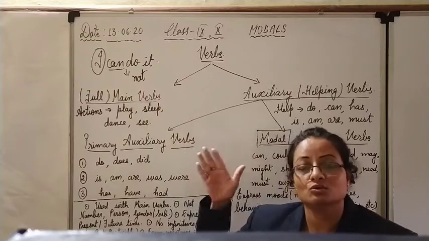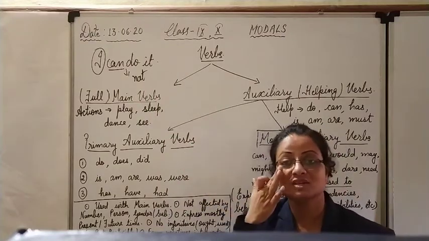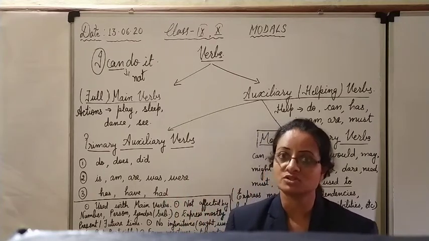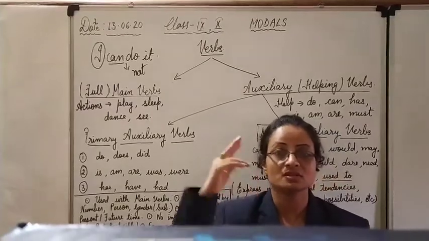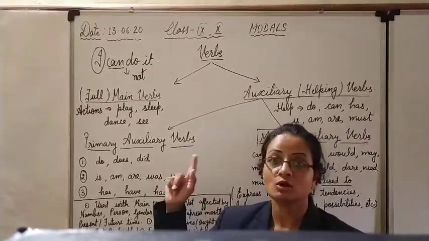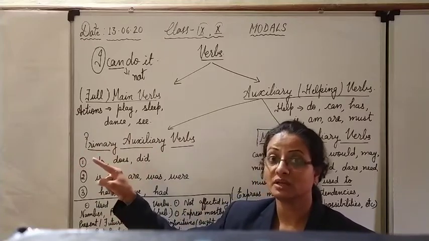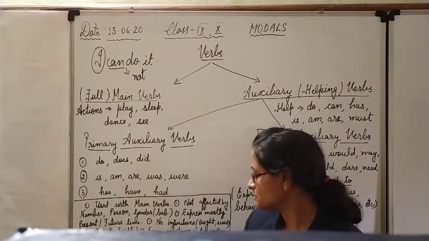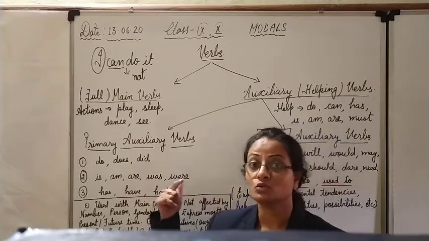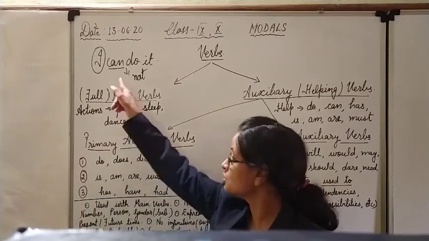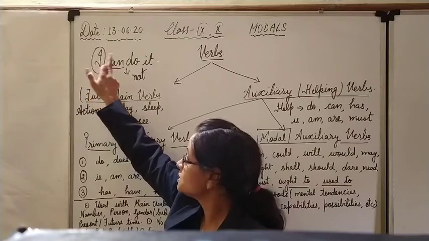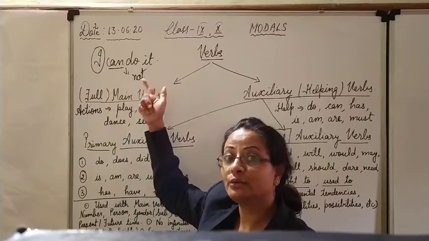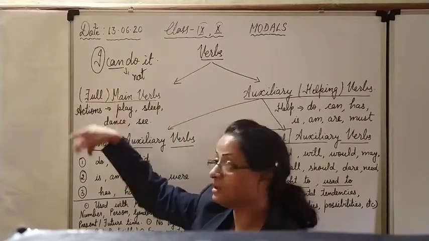And these modals are also used to form interrogatives. You know that there are two types of interrogatives: yes or no questions and WH type questions. In yes or no questions, these modals occupy the primary position and come in the beginning, before the subject, to make the sentence interrogative. Whereas in WH questions, the WH word is added before the modal. The subject will come here in the interrogative. It will be "Can I do it?" So "How can I do it?" This WH word, or how, will be placed in the very beginning.